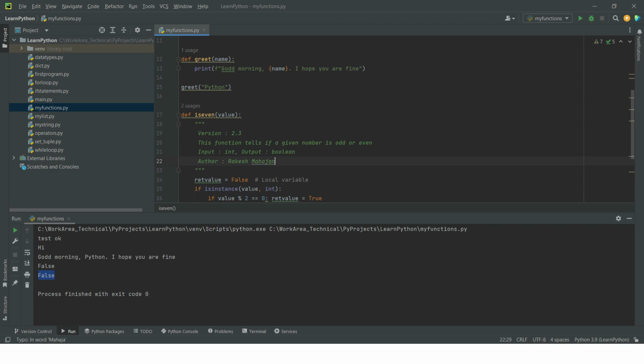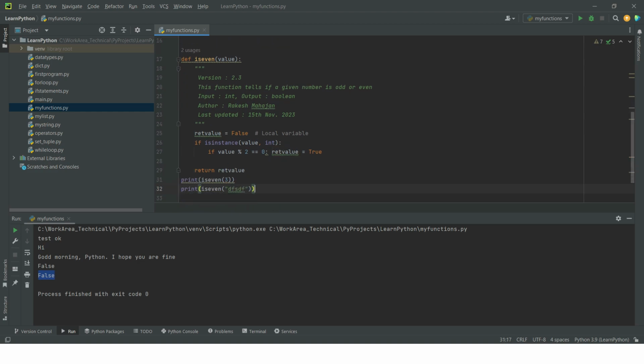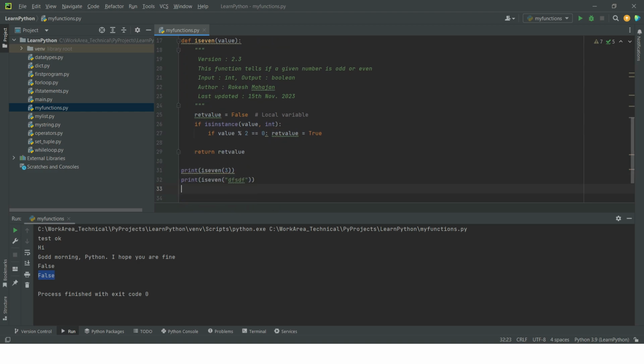And it also mentions who has written this function, and you can have something like, so this is how you provide your docstring. Now, how is it going to help the other person who wants to use your